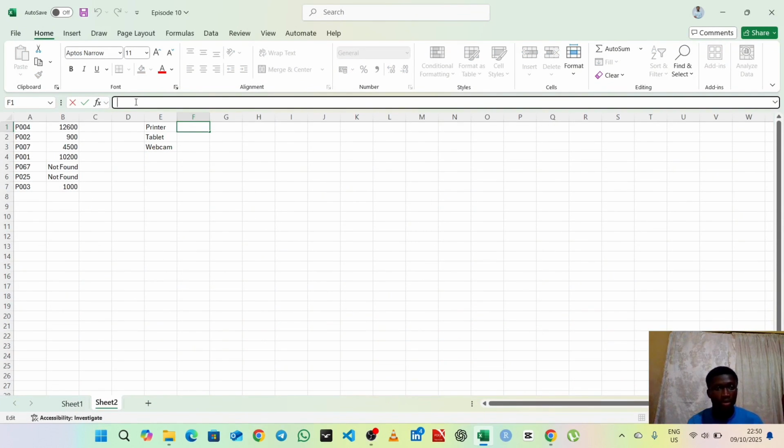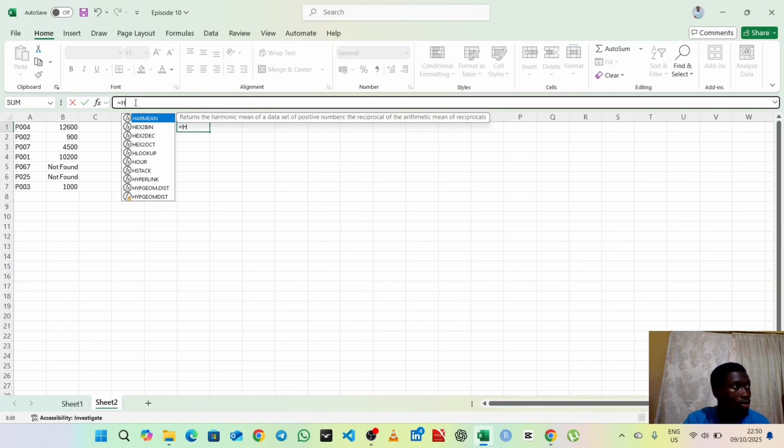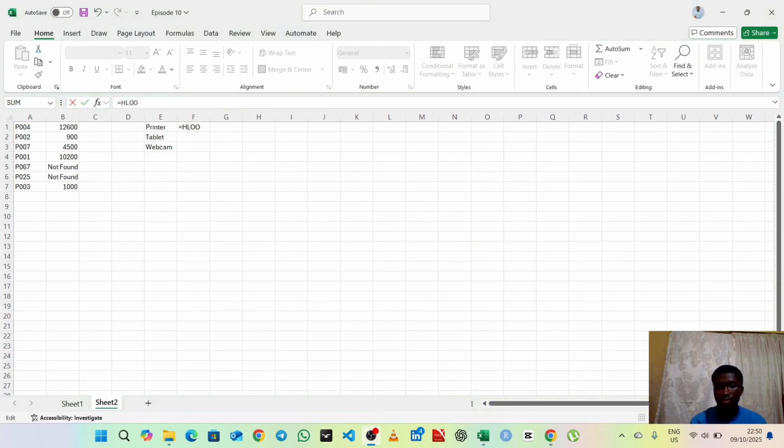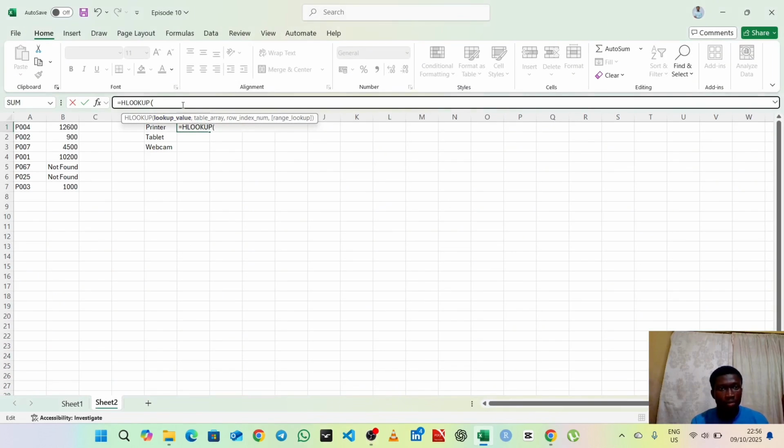Okay, so the H equals HLOOKUP, then the lookup value, we are looking out for printer,